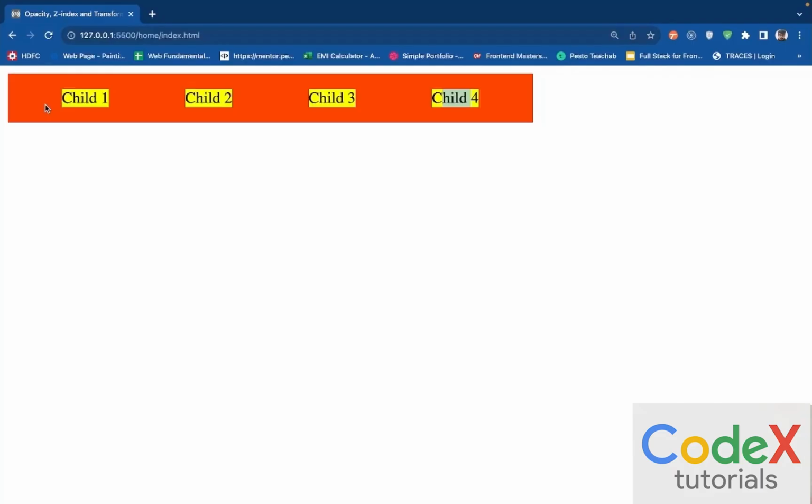owing to the fact that now the children are spaced in a different manner. Now, we'll see how the spacing is done. So, the browser actually calculates the width and the height of the individual child elements, and it also calculates the width and height of the parent container, and it starts to place the child elements in such a way that the leftmost border of the container and the first child element, let's say the distance between these two has a